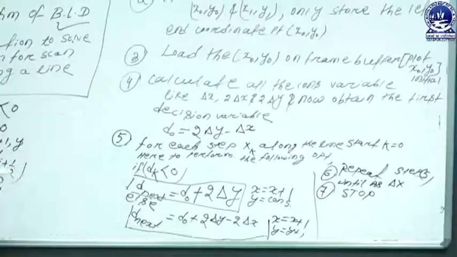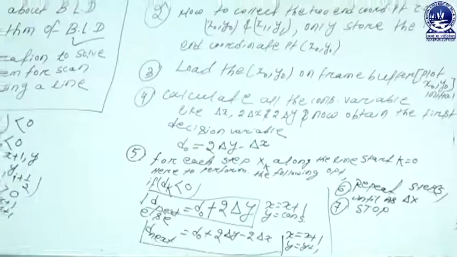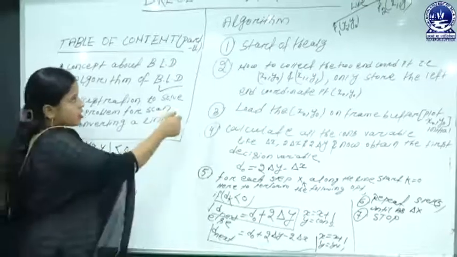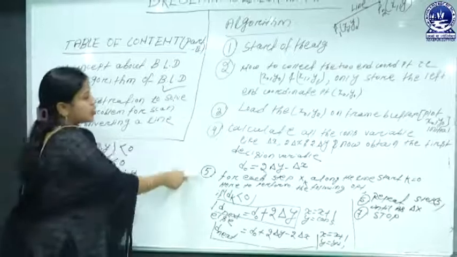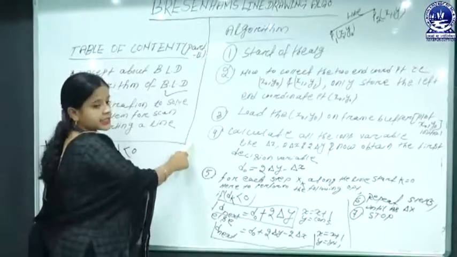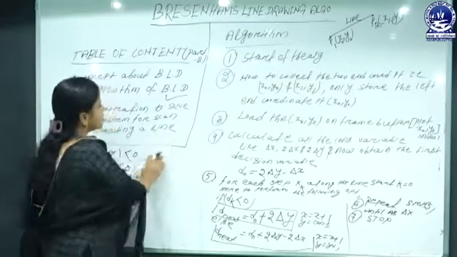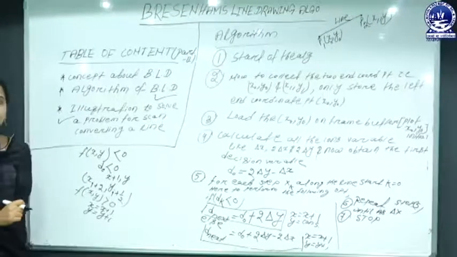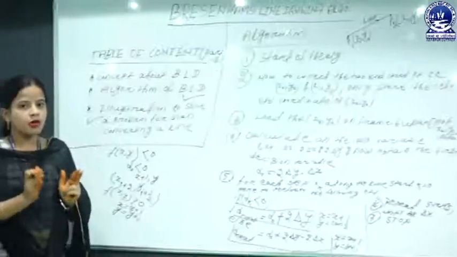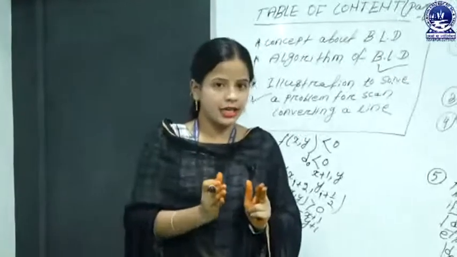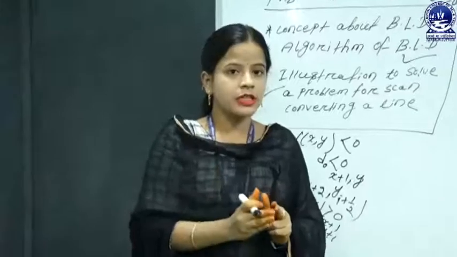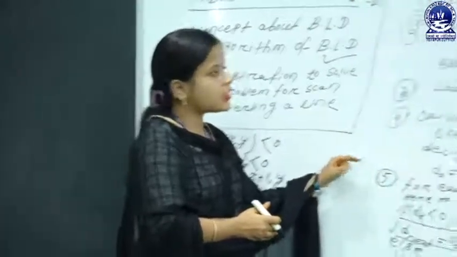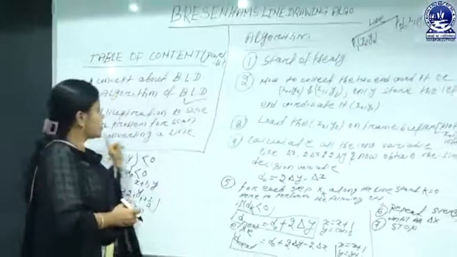So that is the algorithm format of the expressions I evaluated in the previous class, expressed as a finite set of steps. This is the method and format of the algorithm that I described earlier in mathematical form. Now let us go to the next part, an illustration solving a problem for scan converting a line. Here the user takes any data elements, and how these are converted into scan converted lines using Bresenham's line drawing algorithm is checked using this concept.